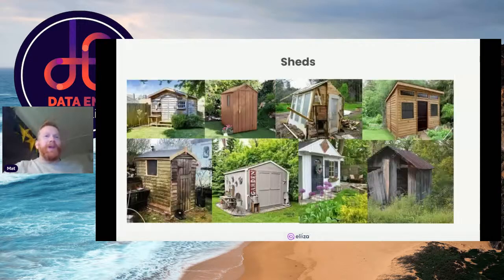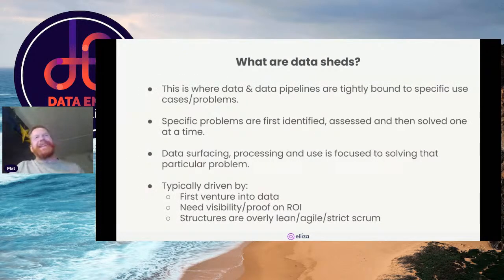Here are some sheds which I've grabbed from online, and hopefully most of you know what a shed is. If we look at these sheds, they've all got similarities. They've got a shedy quality, and we'd be able to point out each one as a shed. But they've all been built in their own special way for their particular owners' or users' needs. This is something I keep seeing in data platforms or data enablement when companies go down this route. Some people call these data silos, and I actually think this is worse, because quite often it's not the starting position where our data is siloed.